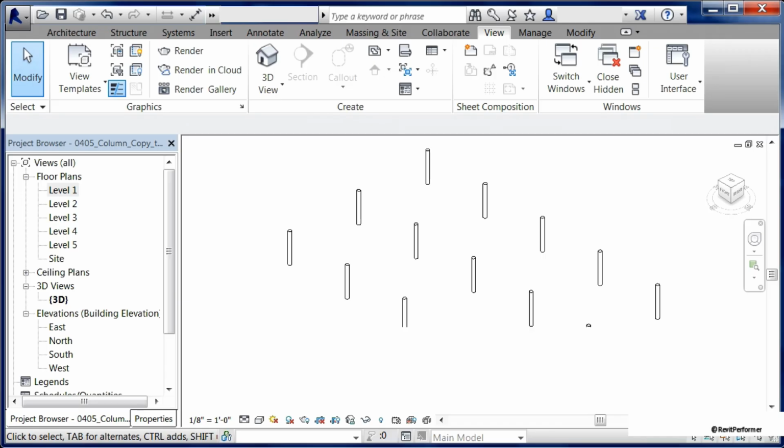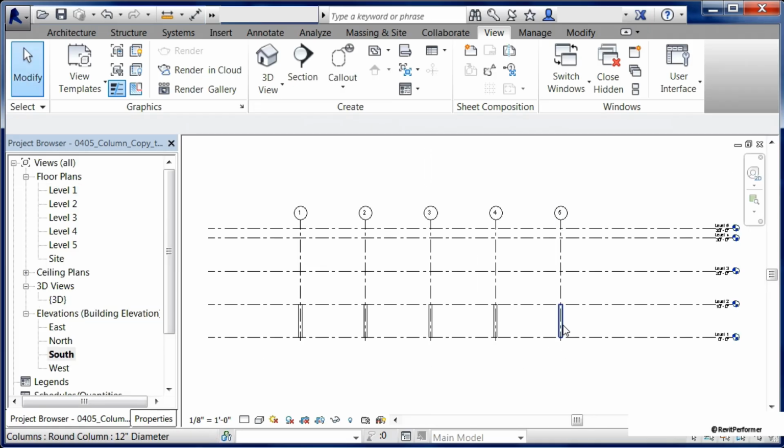Then, on the second floor and the third floor, you want to copy those columns up and stack them on top of each other. We can see this a little bit better if we flip to a south elevation view underneath our project browser. So under the project browser, find Elevations and double-click on South. In this case, we can see that we have our different columns and they're going from the first floor up to the second floor. Now I want to have the ability to copy these from second to third and then third up to the fourth floor. In this case, the fourth floor is actually our roof level.